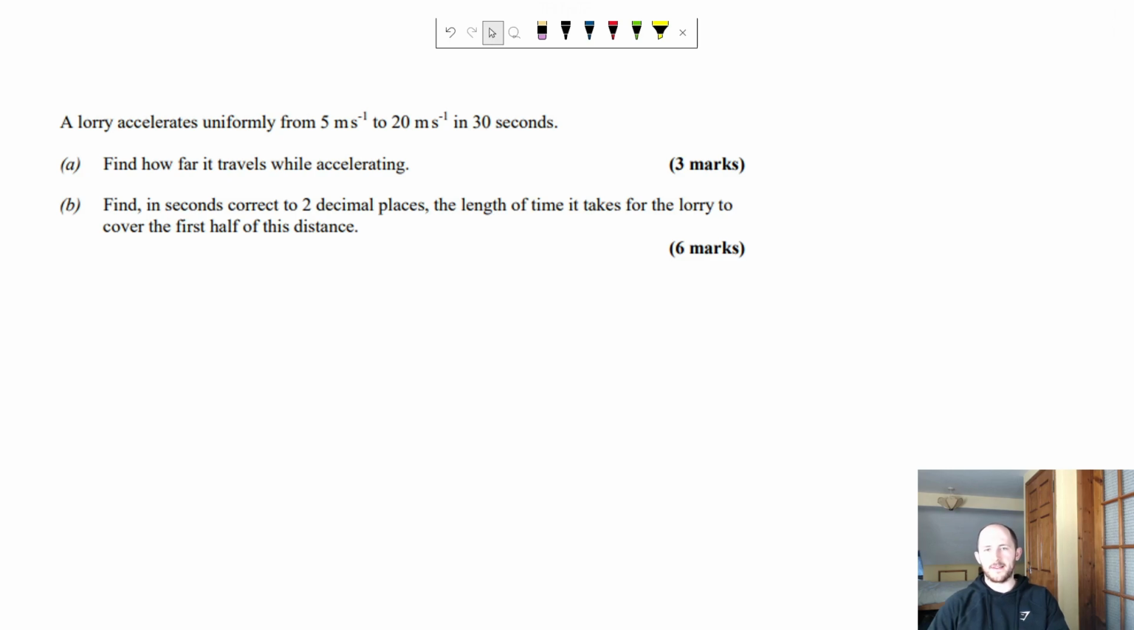Okay, so if we have a look at this question here, we have another 9-mark SUVAT question. Again, something that's very typical to come up. We have a lorry accelerates uniformly from 5 to 20 meters per second in 30 seconds. Find how far it travels whilst accelerating. So realistically, again, we probably don't need a diagram for this one, but I always draw diagrams just as a